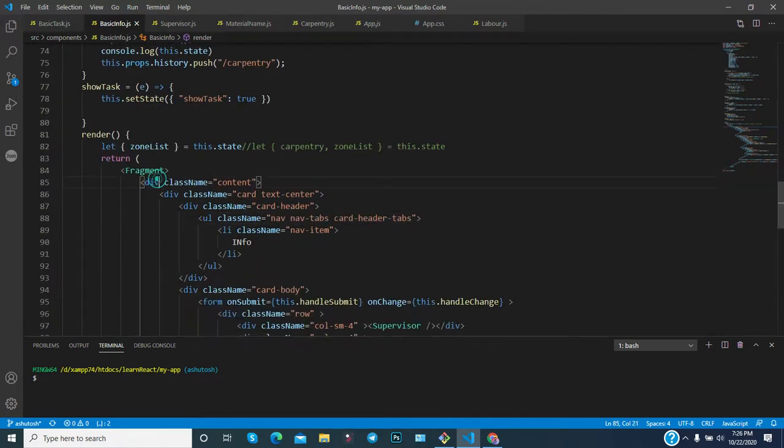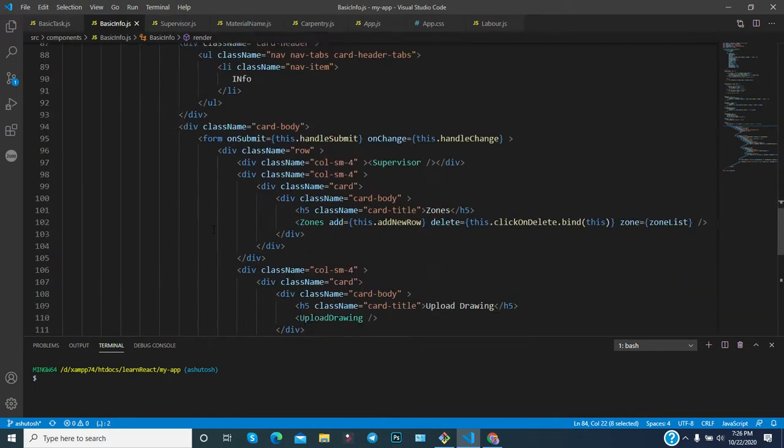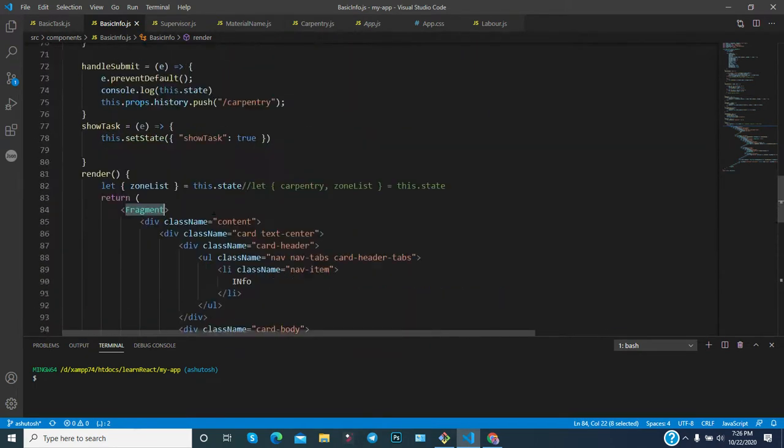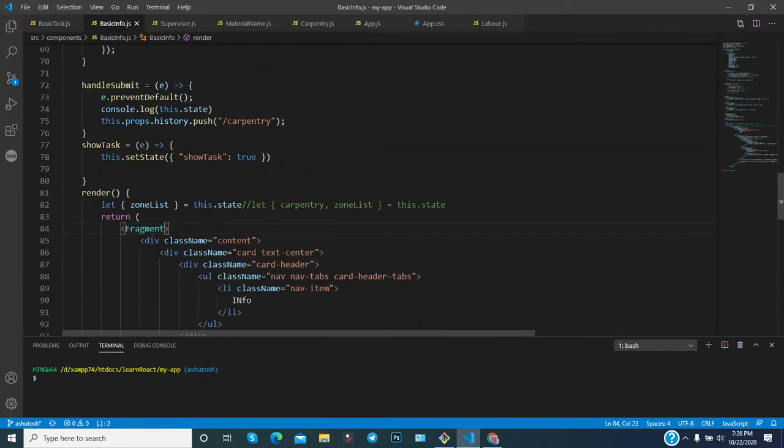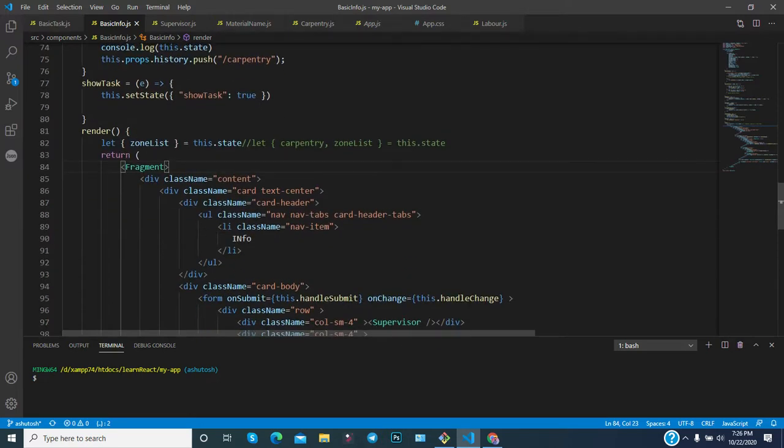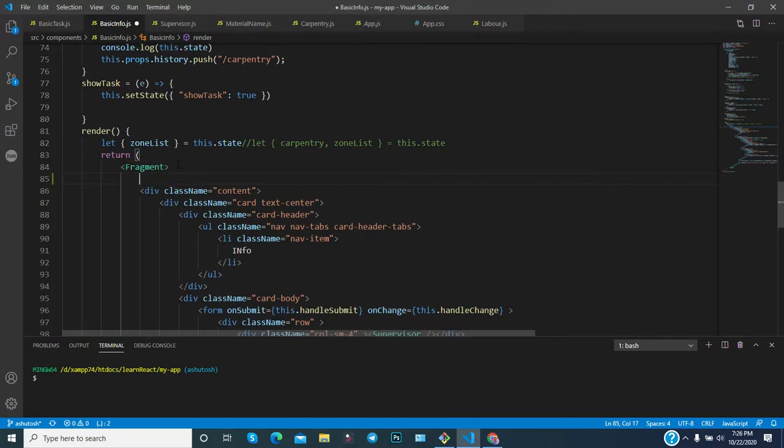So here we have used a fragment, because in the render method in React you need to bind your HTML or JSX code in a div tag, or in any opening or closing tag. You need to wrap it. So you can also avoid the div tag or other opening or closing tag through the fragment.